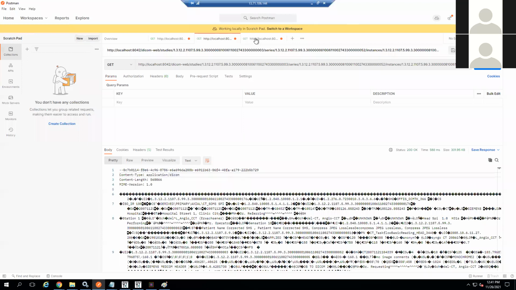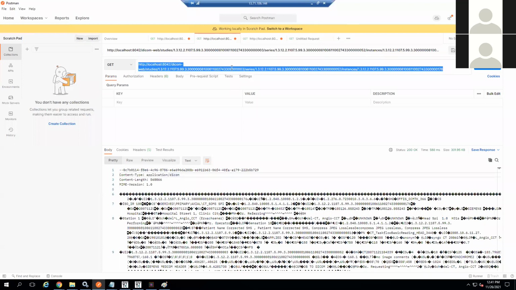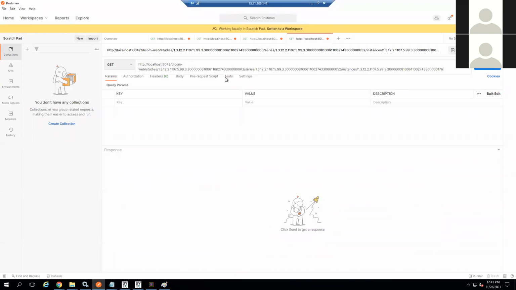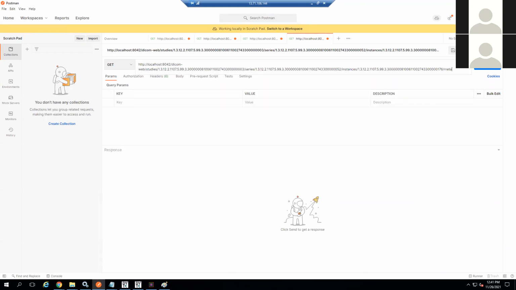So now let us go here. I'll open one more thing where I'll use metadata instead of this. Okay.